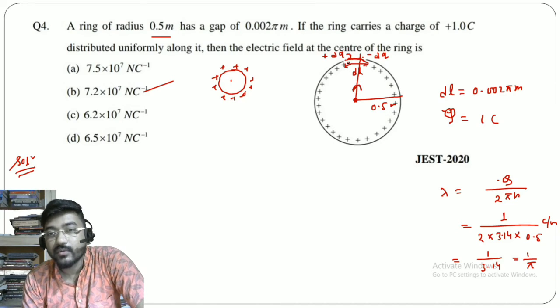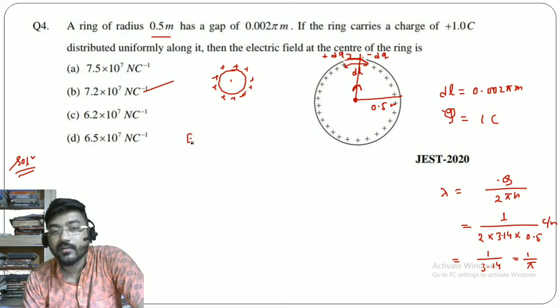But according to the question the charge should be 0. So if you take plus dq charge here, then you have to put a minus dq charge also. This minus dq charge will not be compensated by any other charge, so it is now responsible for the electric field at this center. The plus dq charge gives the 0 electric field. So the only electric field at this point is due to the minus dq charge, which for a point charge dq is 1 upon 4 pi epsilon naught into dq by r square.